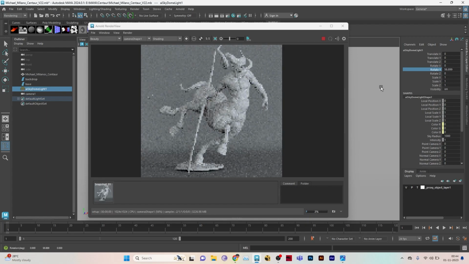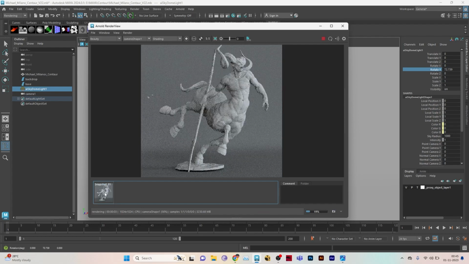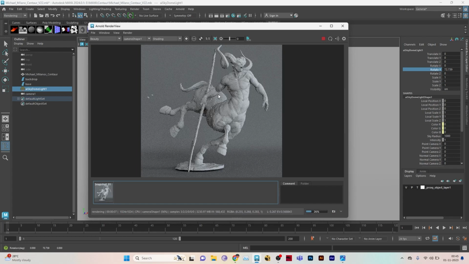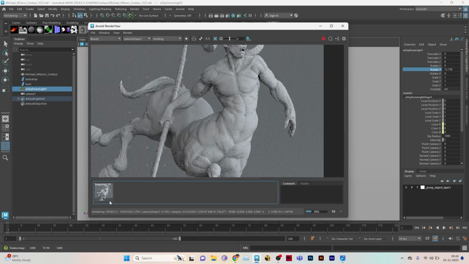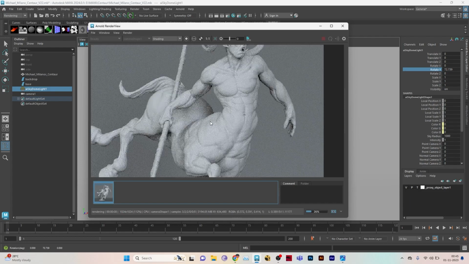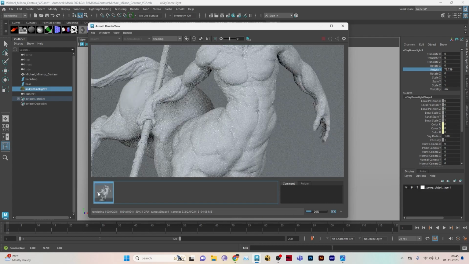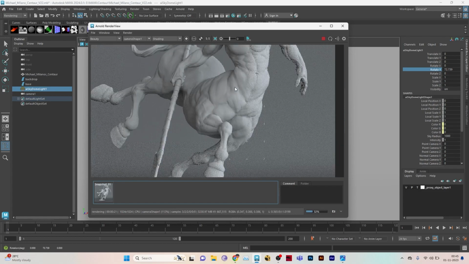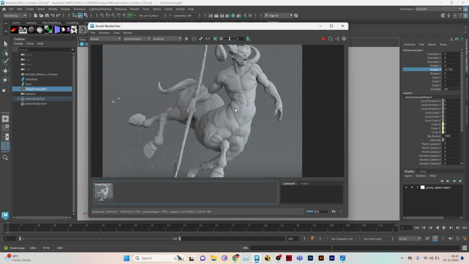And you can see when the values change, if you compare the current render with this one, you can see how moving the light to a side of the character gives it more dimension. Here we were not able to see much detail, but here you can see how much detail is present. So the first thing you should do when you are rendering a character or a prop or anything